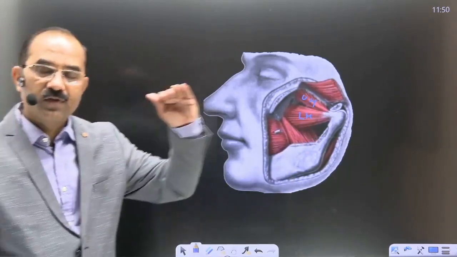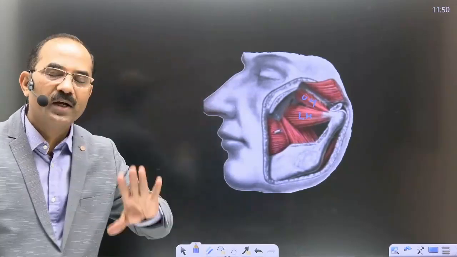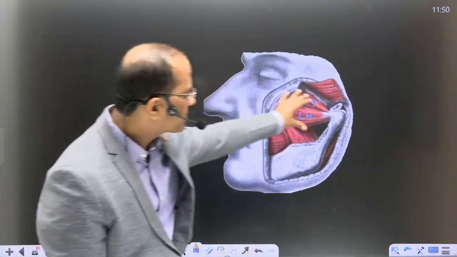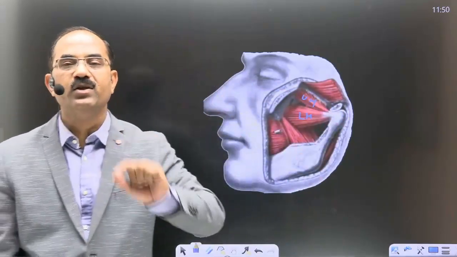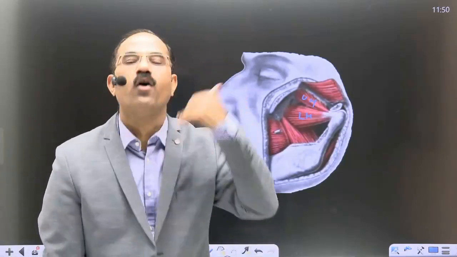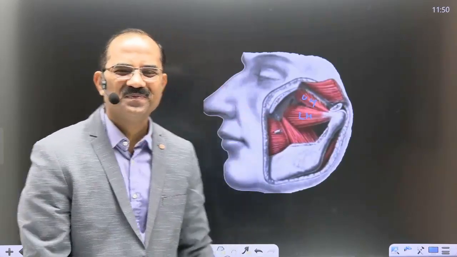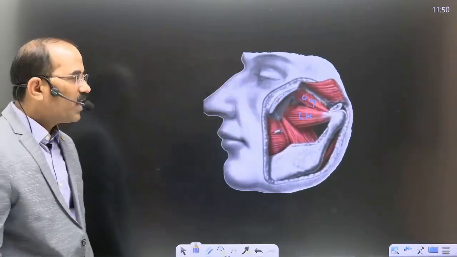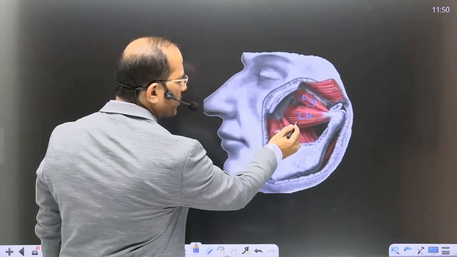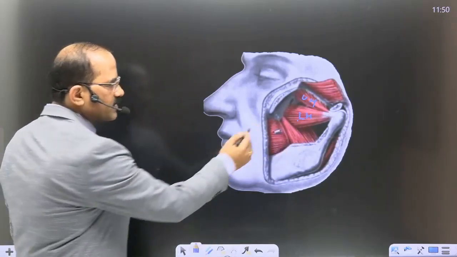Upper head begins from the base of the sphenoid bone. The lower head begins from the lateral aspect of the lateral pterygoid plate. And both these heads come together, get inserted into the pterygoid fovea on the medial aspect of the neck of the mandible. Clear? Now you tell me, students, when this head of lateral pterygoid contracts,